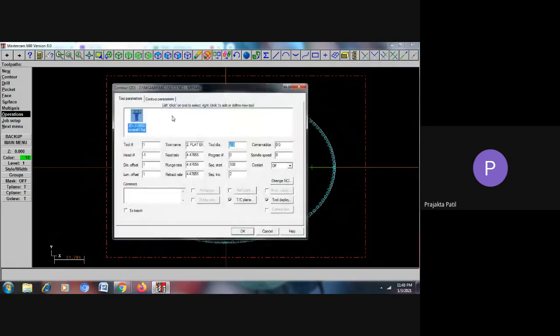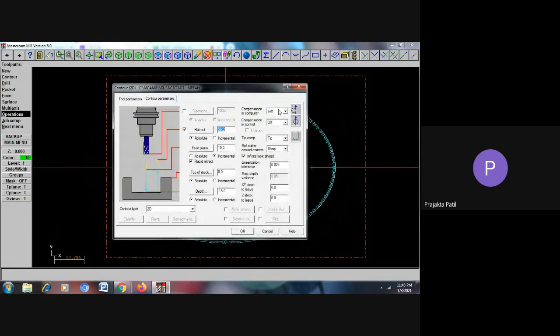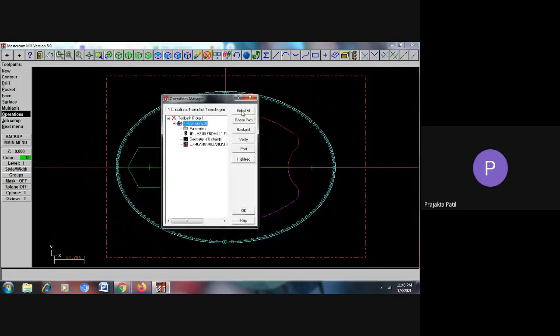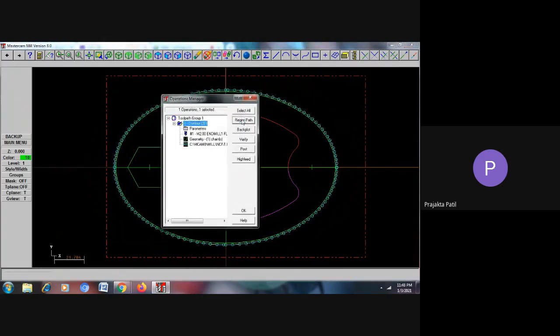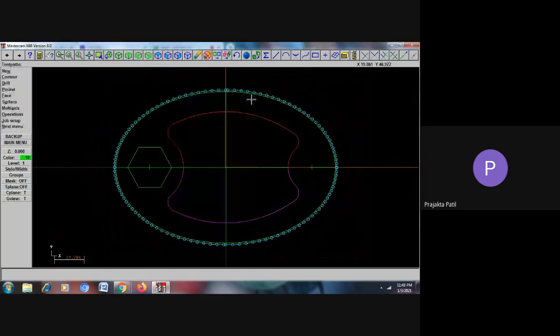The tool compensation in computer has to be right compensation. Say okay. Once you reselect or edit something, you please again select all, regenerate path, otherwise it will still be in the previous command. So now you see with the right compensation it has taken the path outside the geometry. So we have done the needful here.